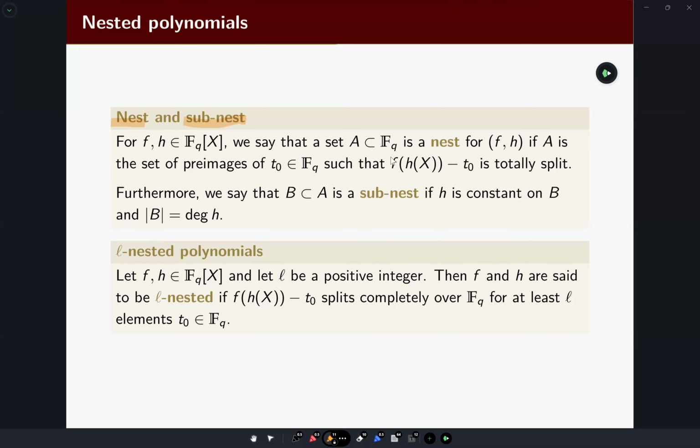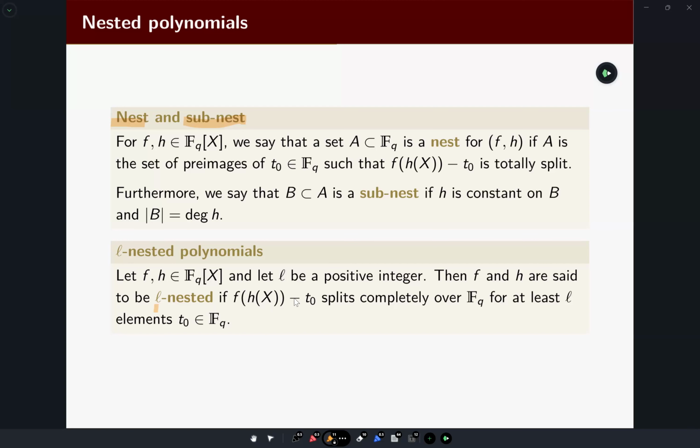And furthermore, we know, by using the previous proposition, that in this situation there are also subnests where h is constant, okay? So that's basically the main tool, the main setting that enables us to provide a new construction of hierarchical locally recoverable codes. And we will say that two such polynomials, when they exist, are called L-nested if they have the property